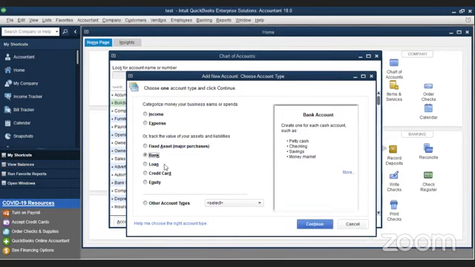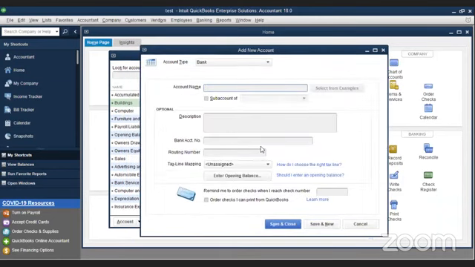Be careful when you're creating a cash account or bank account, do not put it under other current asset, even though it's a current asset, because QB has a separate payment module. So you click bank and then click continue. You create an account name, we'll say it's commercial bank. And then, like I said before, the opening balance.